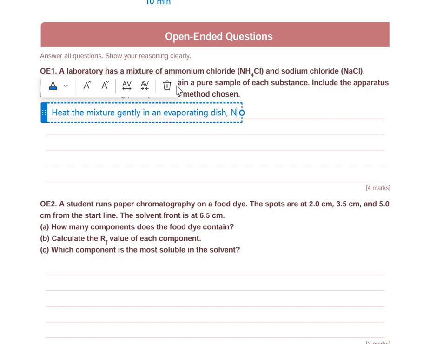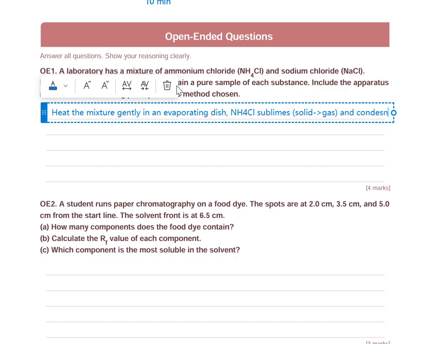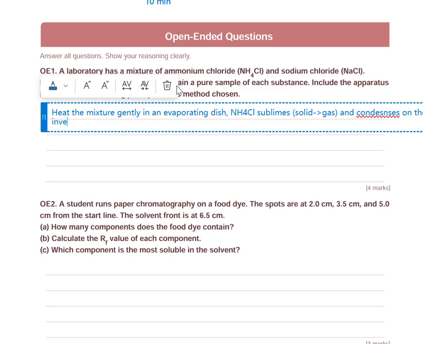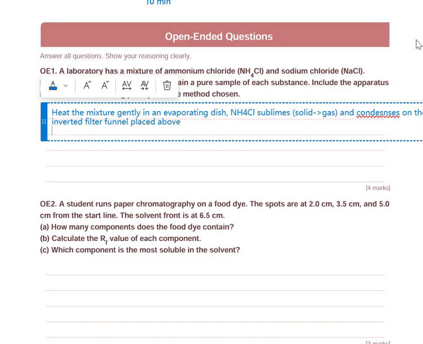So the NH4Cl sublimes, from a solid to gas, and condenses on the outlet filter funnel placed above. Okay, so what I like to do is separate my things so it's easier for me to see any of my spelling errors. Okay, so